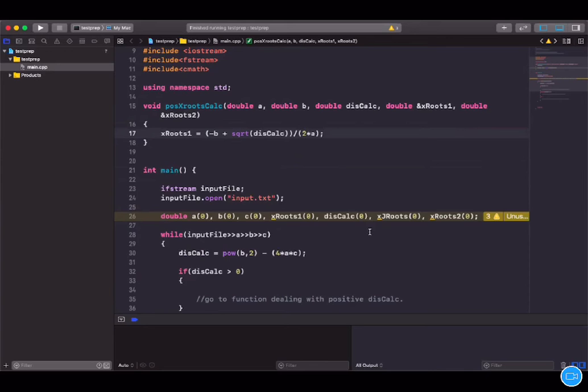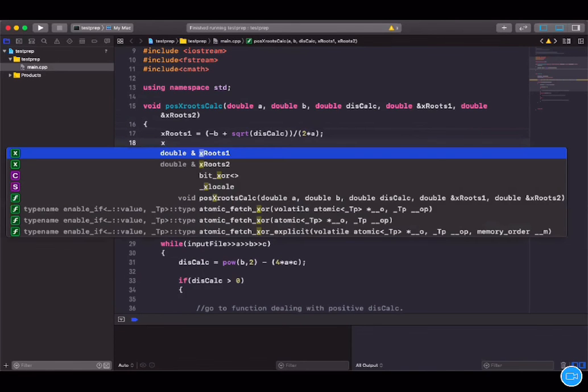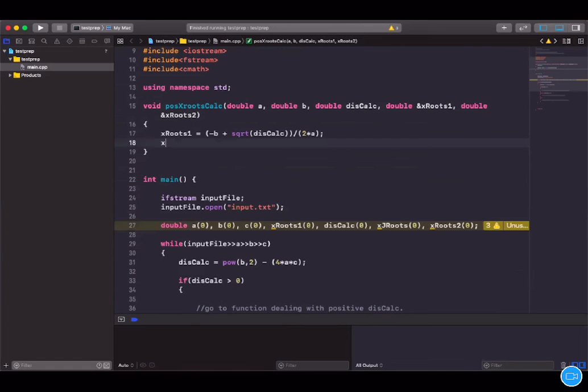So what this does is that it says, okay, x roots 1. Cool. You're there, you're being passed by reference. That means at the address where you created this variable, okay, I am going to change it directly. So I'm changing the value at x roots 1. Cool. Remember to put a semicolon. The second one, x roots 2